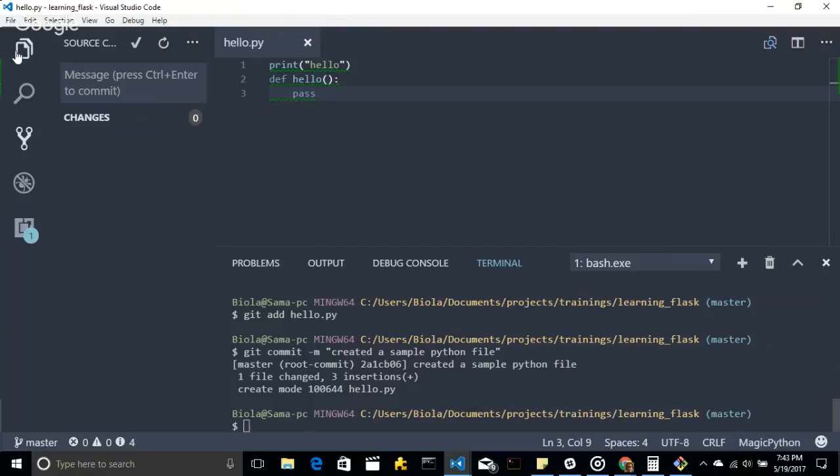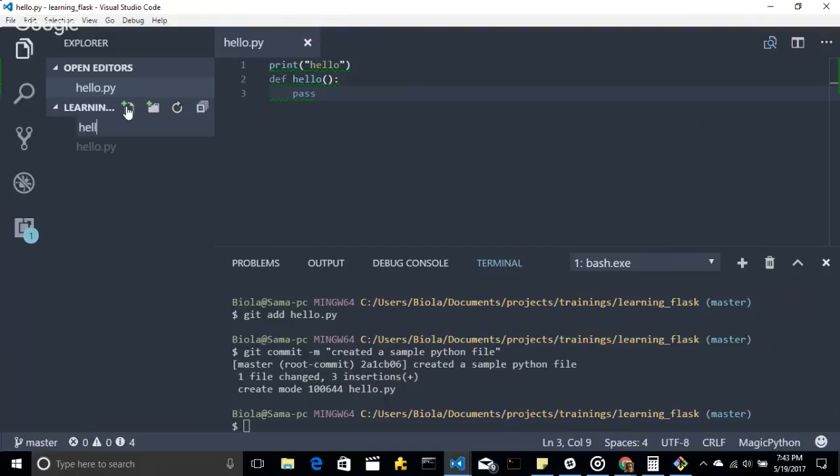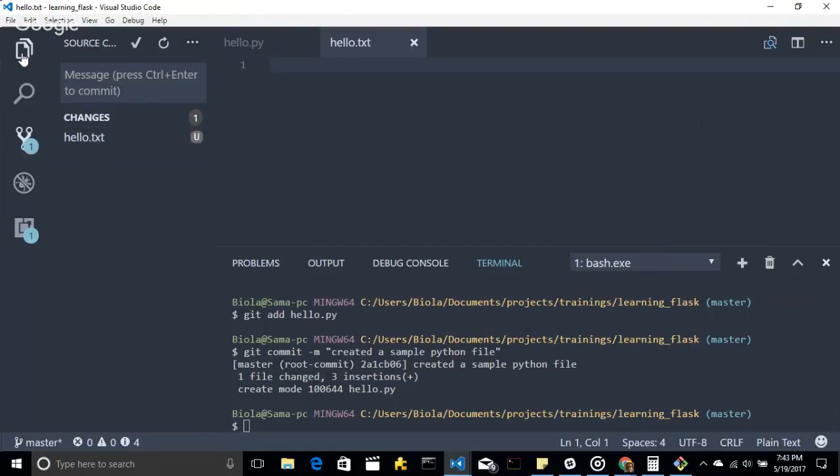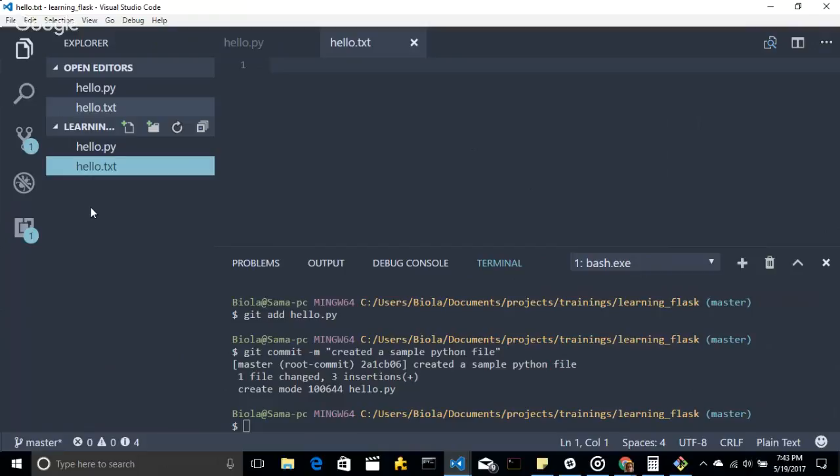Now, take for instance, we currently have a hello.py, and assuming we add another file known as hello.txt. Now you can see by default, Git already knows about that file. But if we don't want Git to track the hello.txt at all, or any other .txt file,